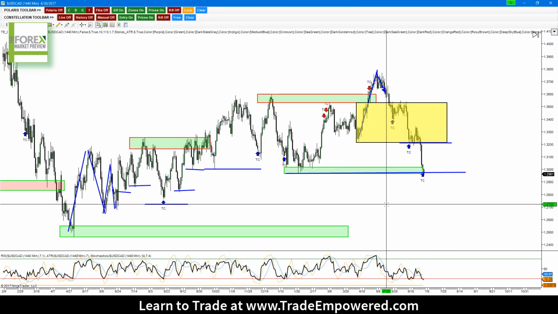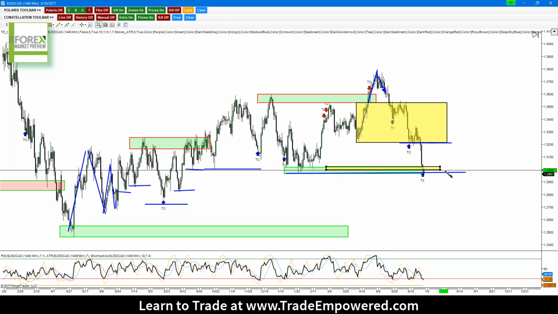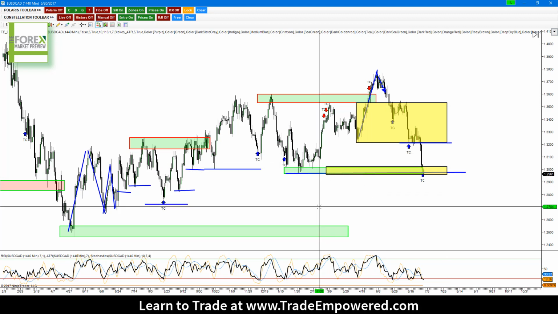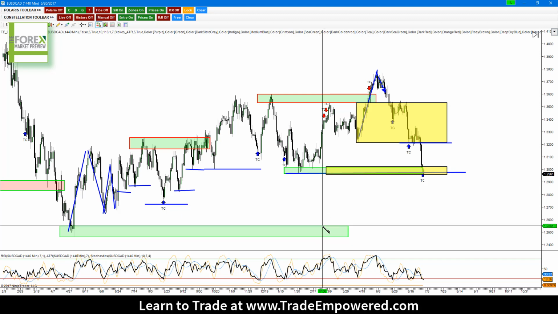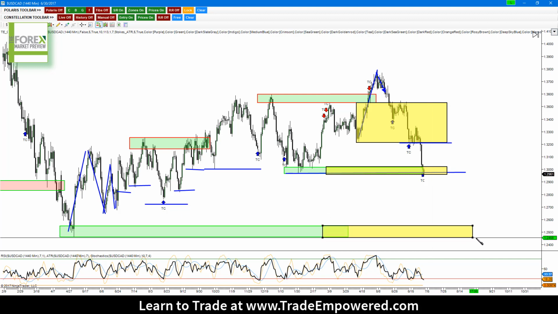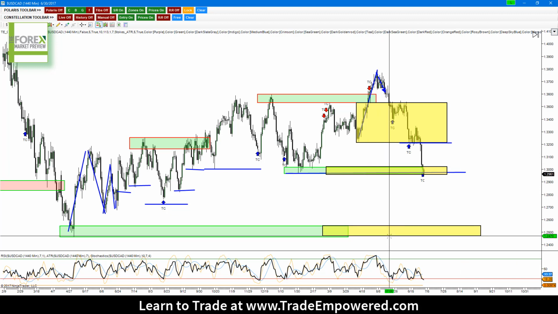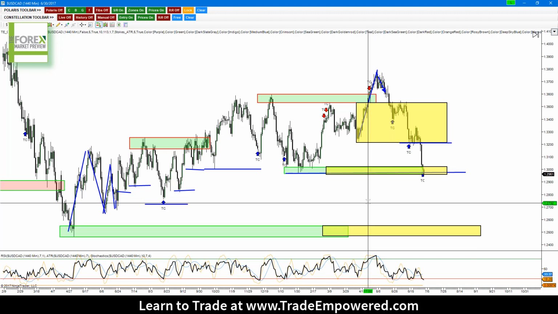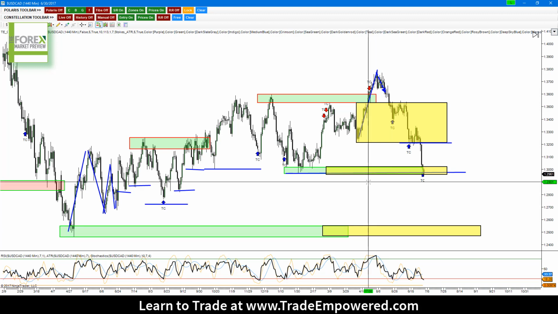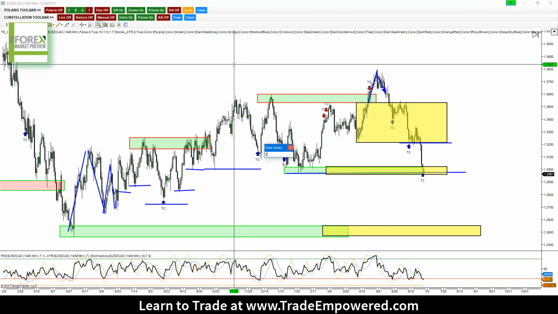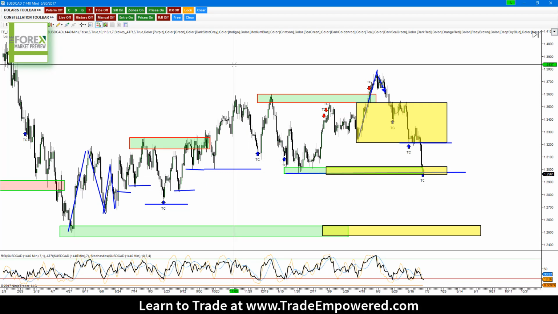So you can see we just came down to a major level. We broke and closed above it. Our next major level of structure is going to be right down here at about 125.50. So my prediction is that Canada could go as low as this 125.50, really this 124.60s levels before we run into major structure. And that's going to help later on with target projection if I do end up getting involved in the trade.